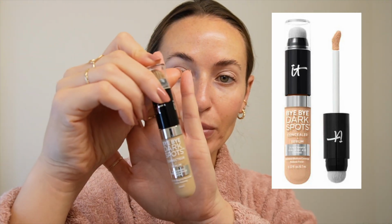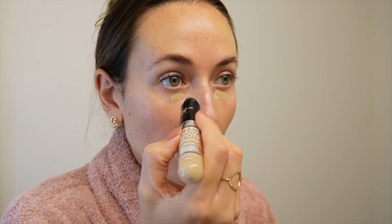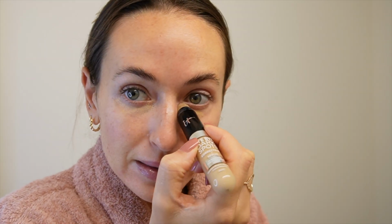Concealer, it really depends what you want. I don't like something super high coverage, and this is a corrector and serum, so it also has good stuff in it by It Cosmetics. I've been really liking this one, but again, I'm not going for like full coverage under the eyes. I'll kind of dot a little bit under each, and then it comes with this little applicator. I just kind of dab it in under the eyes, and then I let it sit,